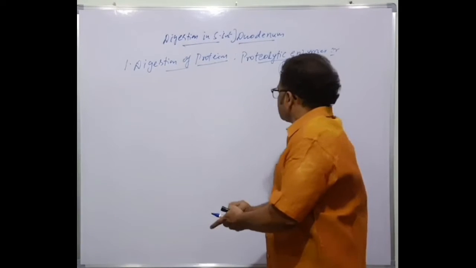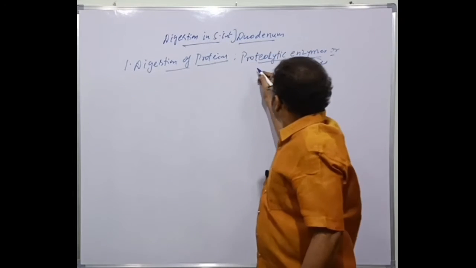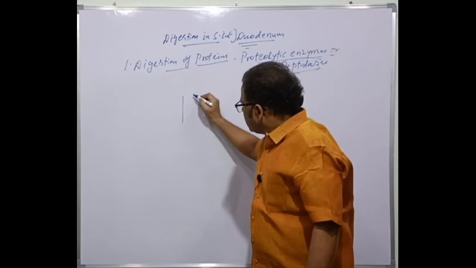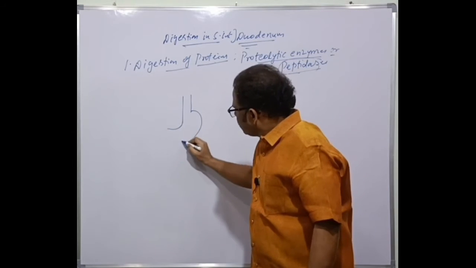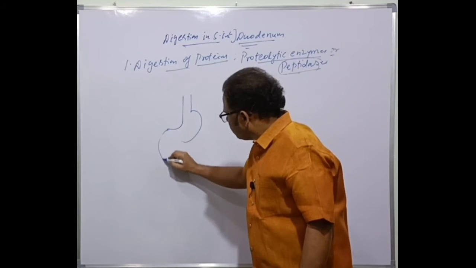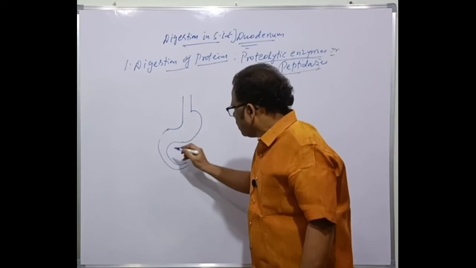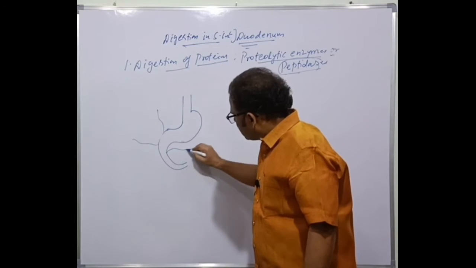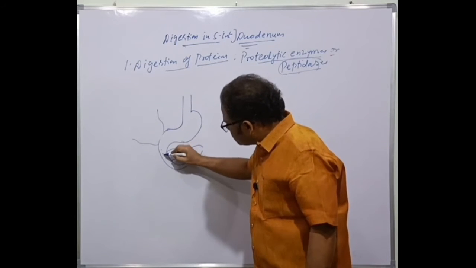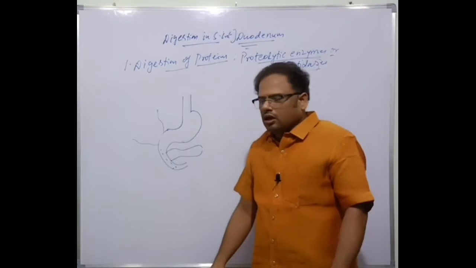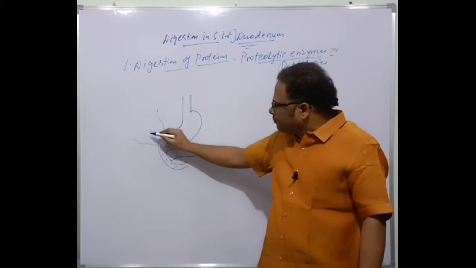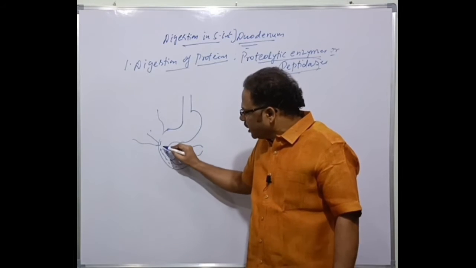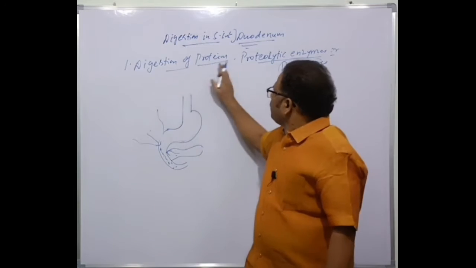So here, first of all, we are discussing the reference to the duodenum, isn't it? The duodenum receives, this is the stomach, and from here the duodenum starts. Here is the liver, and here is the pancreas, and this consists of these intestinal glands. That is, from three sources: here bile juice, here pancreatic juice, here intestinal juice. Three juices are received by the duodenum here.